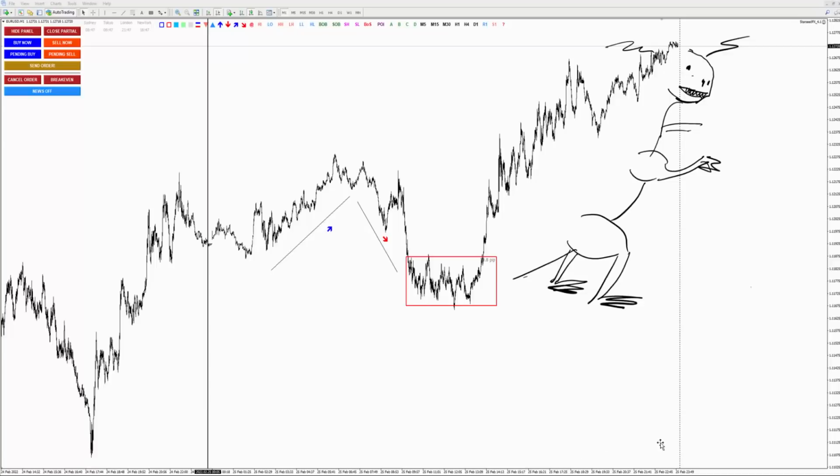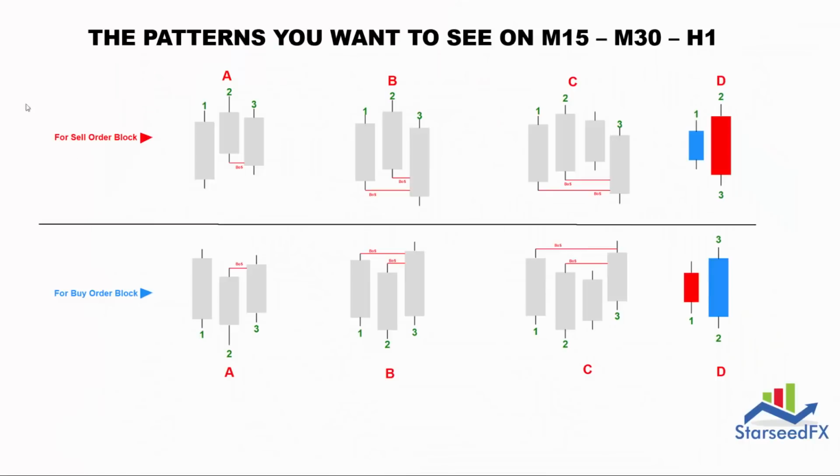From here to here, you can find an uptrend, a downtrend, a sideways, a dinosaur's pattern. I guess I should have drawn Batman in there, huh? Anyway, let's get back to our 1, 2, 3 patterns for now.